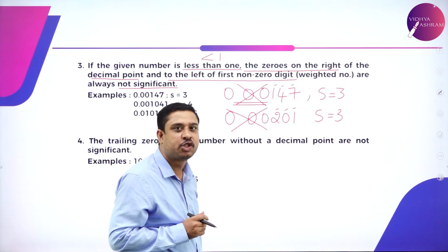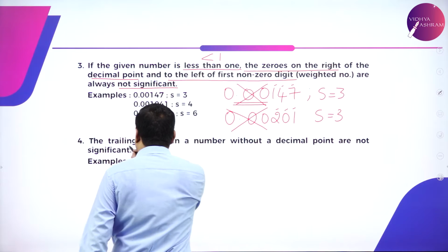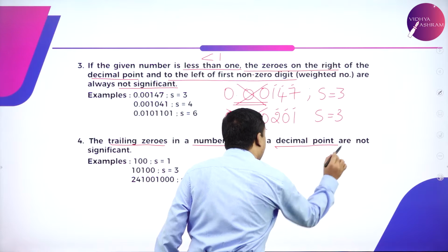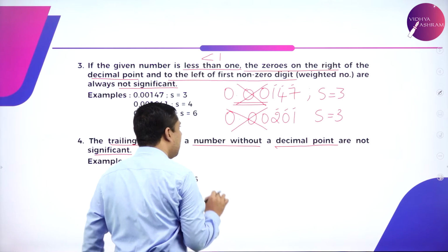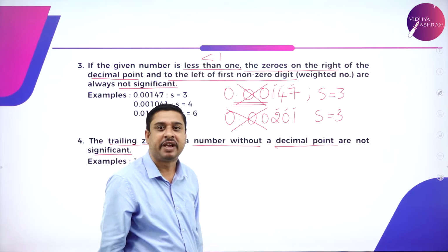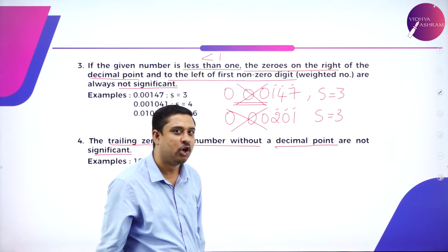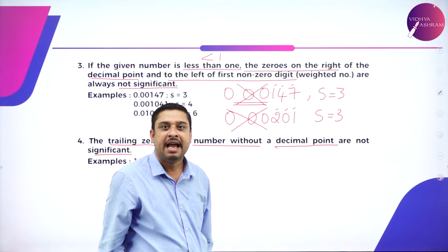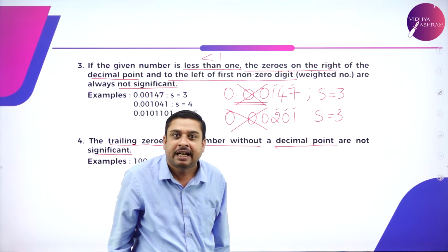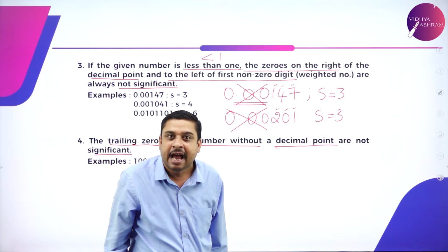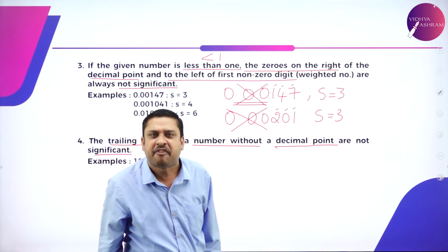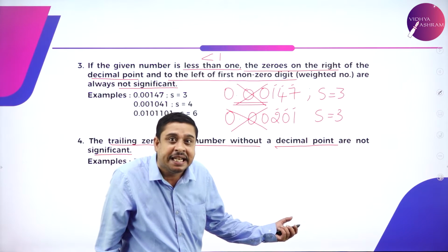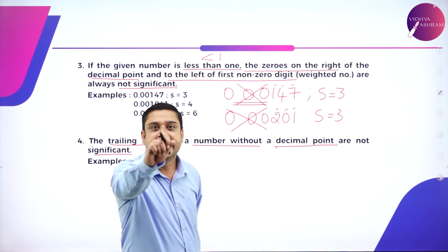Going to the next rule. The trailing zeros in a number without a decimal point are not significant. See, very beautiful rule. What did I say? I will understand the rules, and finally, after understanding the rules, I will try to get the definition of significant digit. Probably this rule defines what is a significant digit. It says